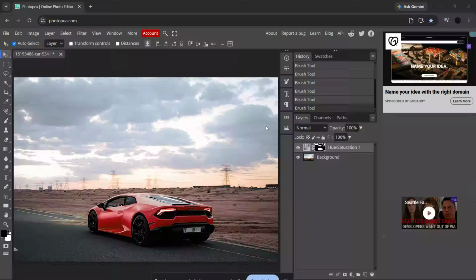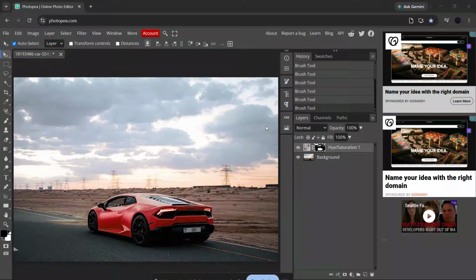If you've ever made a mistake while editing and needed to go back in Photopea, this video is going to help you reverse your last action the fast and easy way. Whether you want to undo a mistake, step backward through your edits, or jump back to an earlier point in your project, Photopea gives you a few simple ways to do it. In this quick tutorial, I'll show you exactly how to reverse in Photopea so you can fix errors without stressing